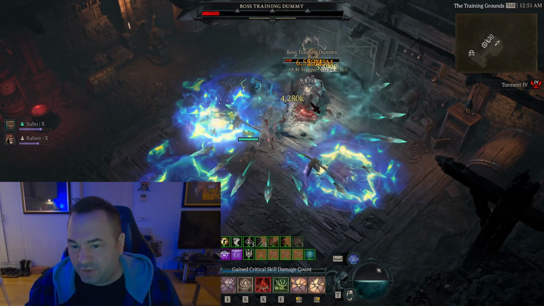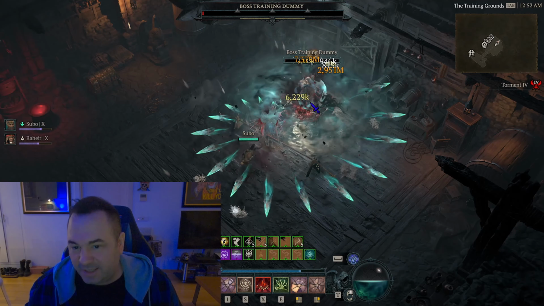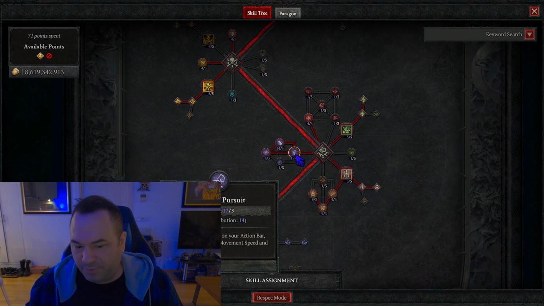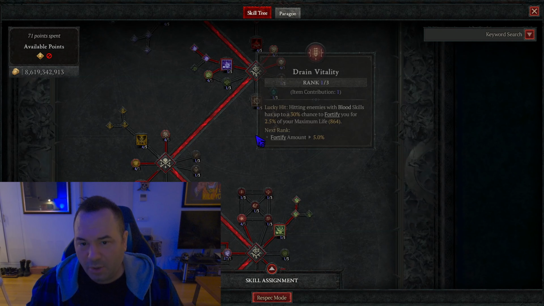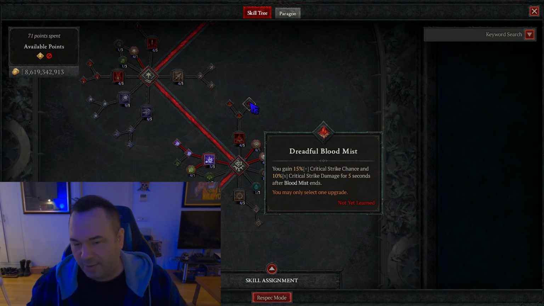So it is gonna actually enable Blood Mist to become one of the most damaging abilities, while also giving you all the benefits of the Reaper's Pursuit passive, as I have touched on previously. Reaper's Pursuit passive becomes a super viable option now, because you can put Blood Mist on your action bar since it became a Darkness skill. Remember, we changed this upgrade. We basically gave this upgrade the properties of